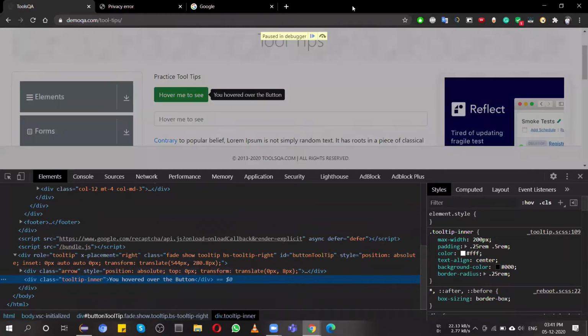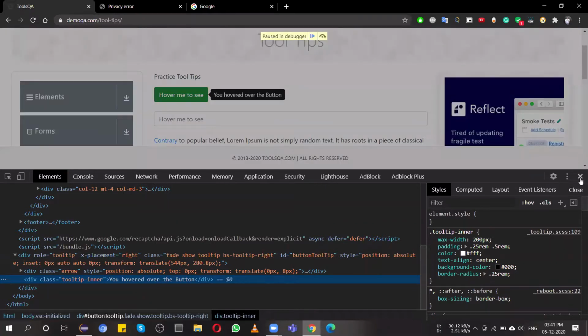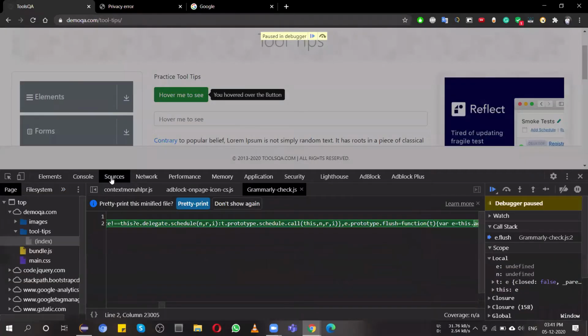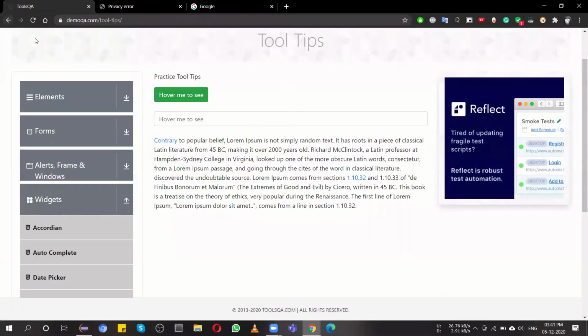So now you can easily find out the XPath for this. You have to configure your script first. I'm just unpausing the script, closing this, then opening this URL, doing a mouse over action with the Actions class, and then fetching the text to check that it is the expected text.